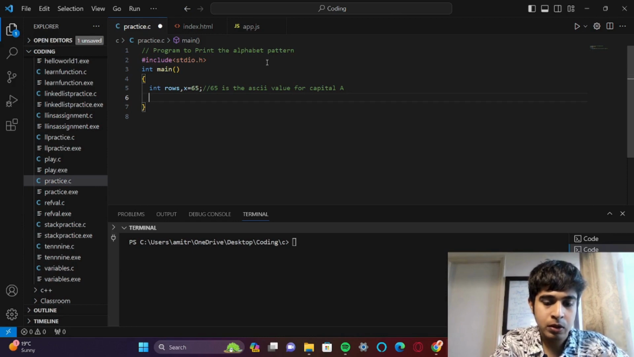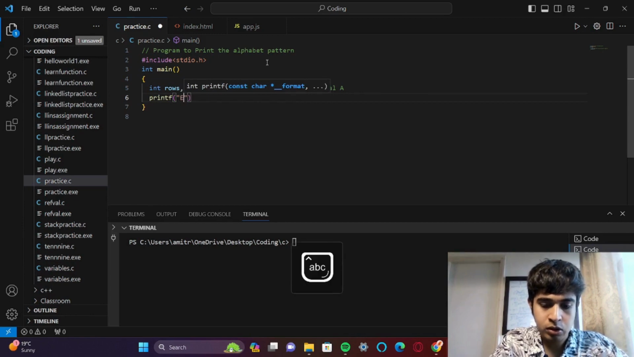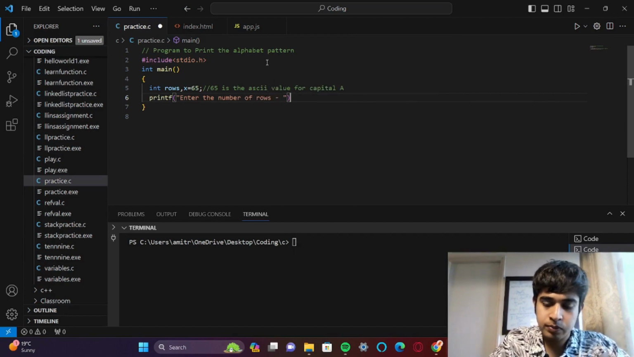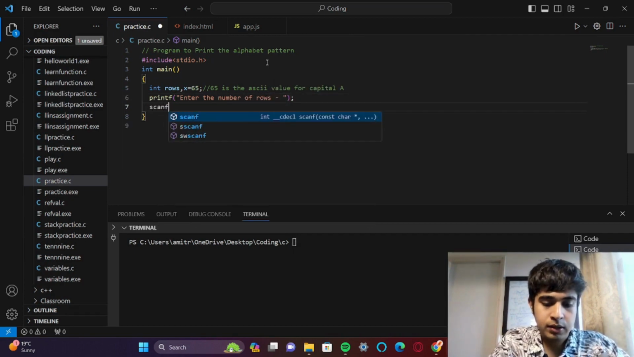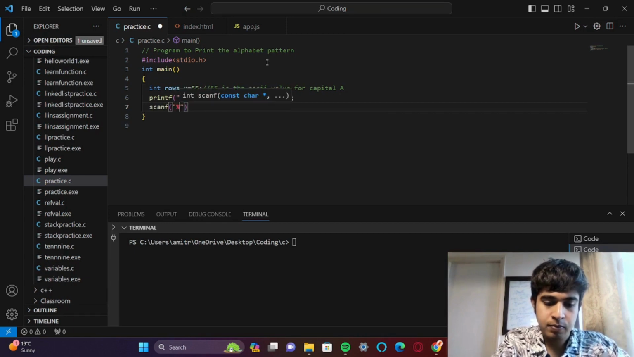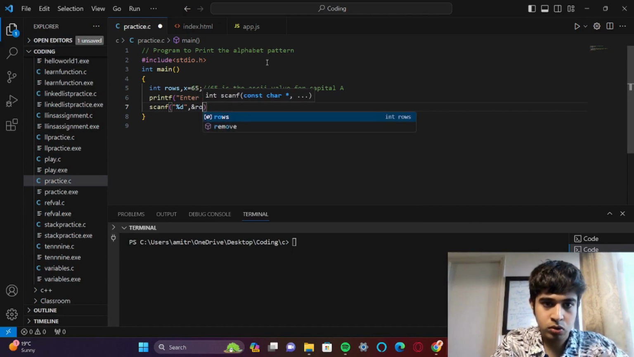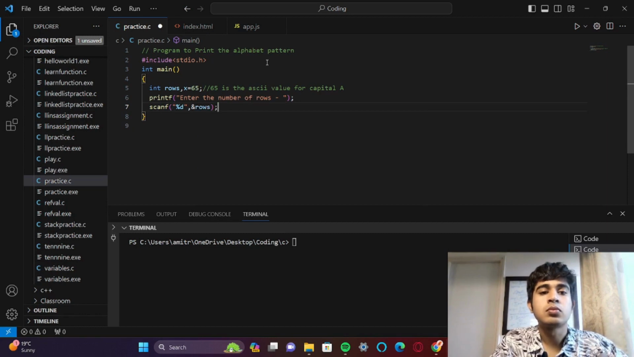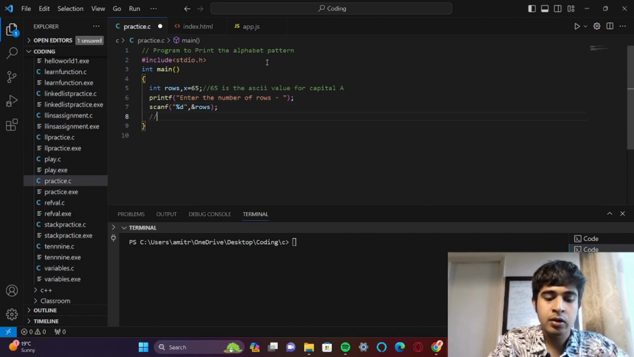Now I will prompt the user to enter the number of rows. Enter the number of rows. scanf("%d", &rows). Alright, now my